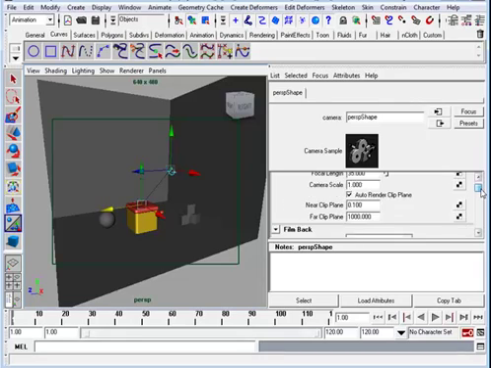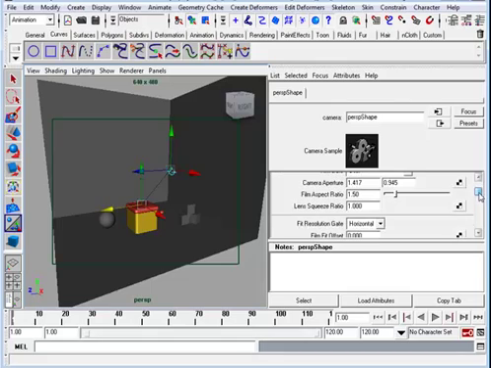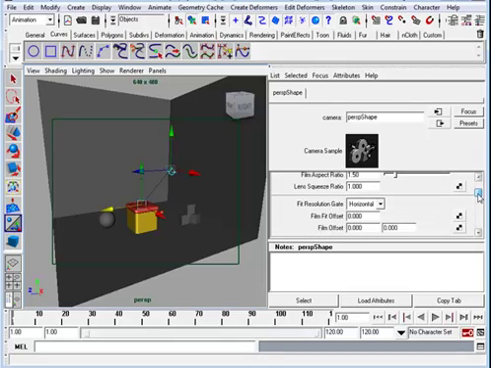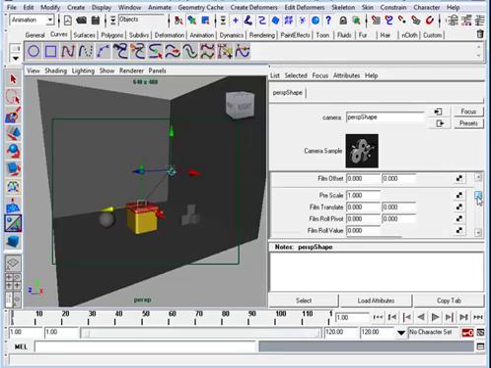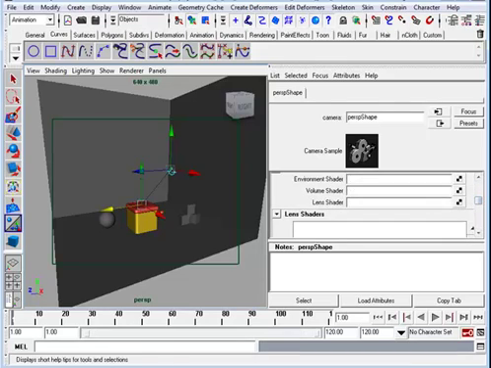And once I got my directional light as I want it, I'm going to open up the attributes for the light, and I will